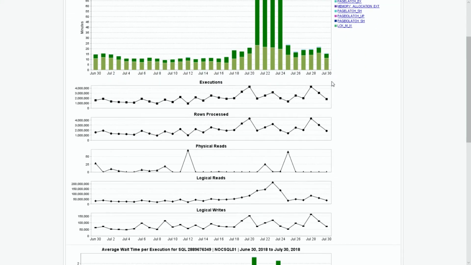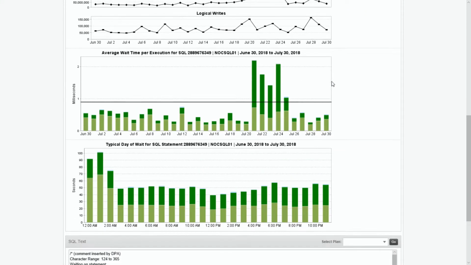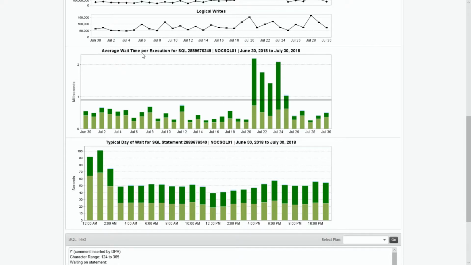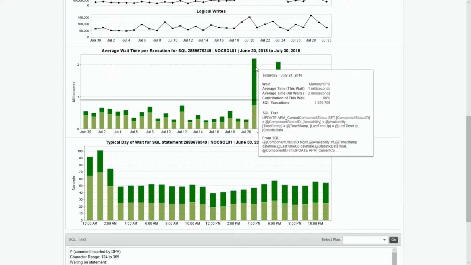So to me, come down here, see, this is my favorite: average wait time per execution. Even at its peak bottleneck, it was 2 milliseconds. I feel like that's not a great concern. If you come to me and say, hey, you've got to cut this in half, from 2 milliseconds to 1, how much time do you want to spend trying to tune that one query? I've known of one entity in the world that has a 1 millisecond response time on their queries. Other than that, 2 is usually good enough for most people.